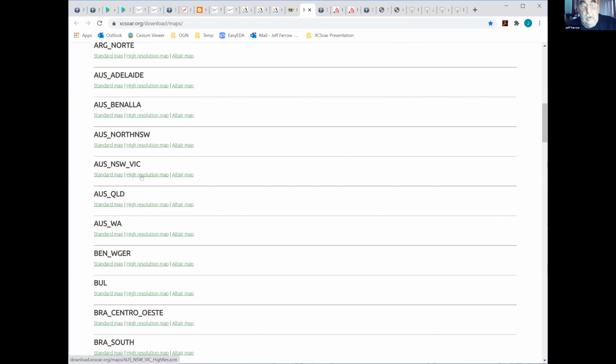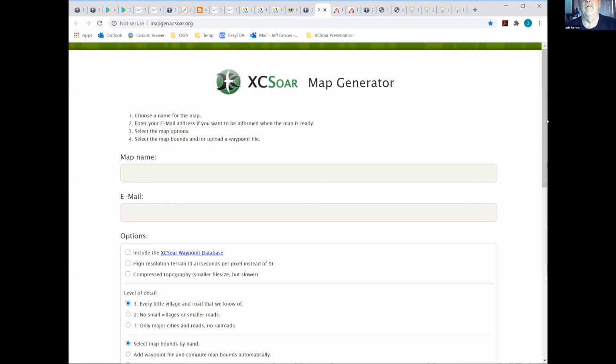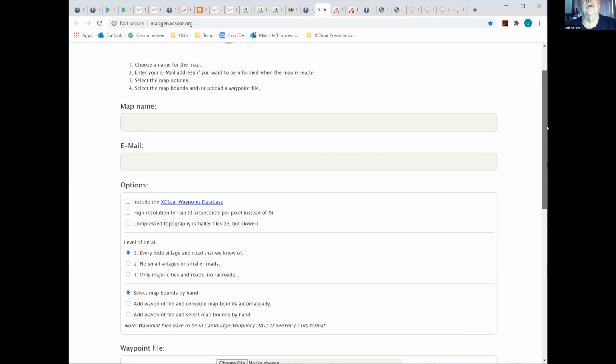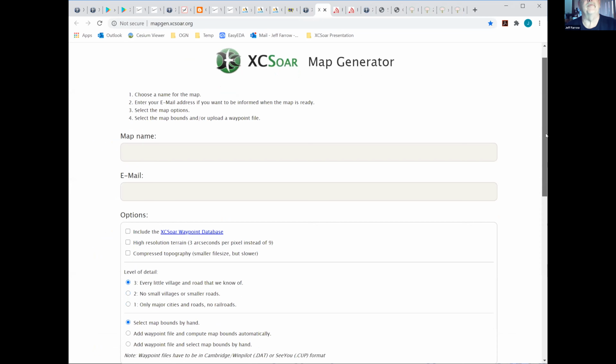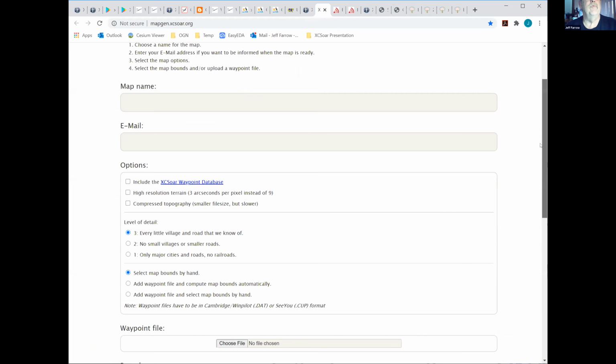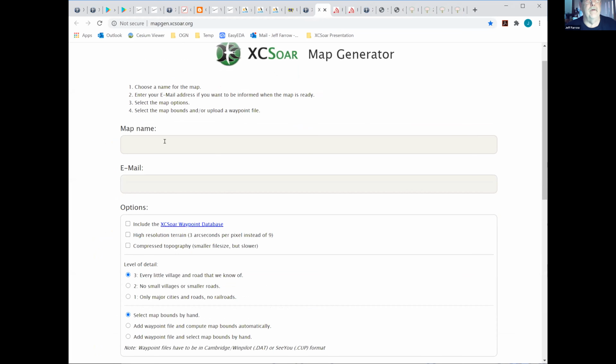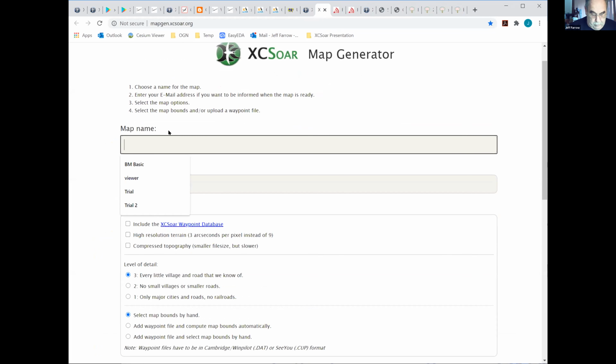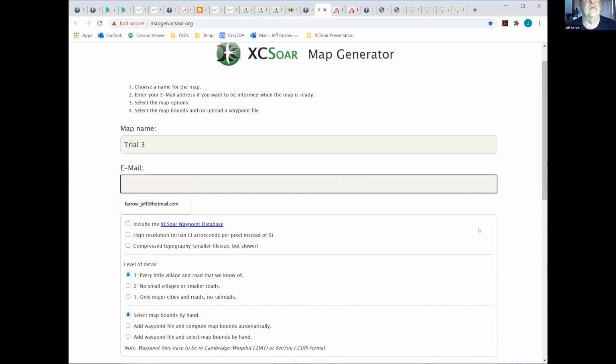As far as I'm concerned, the best way to get a map is just make your own. So you can go to the XCSoar map generator. It does seem to be a bit kludgy. In theory, you put in a name for a map. You put in your email so that it can send you a link when your map's ready and you can download it.